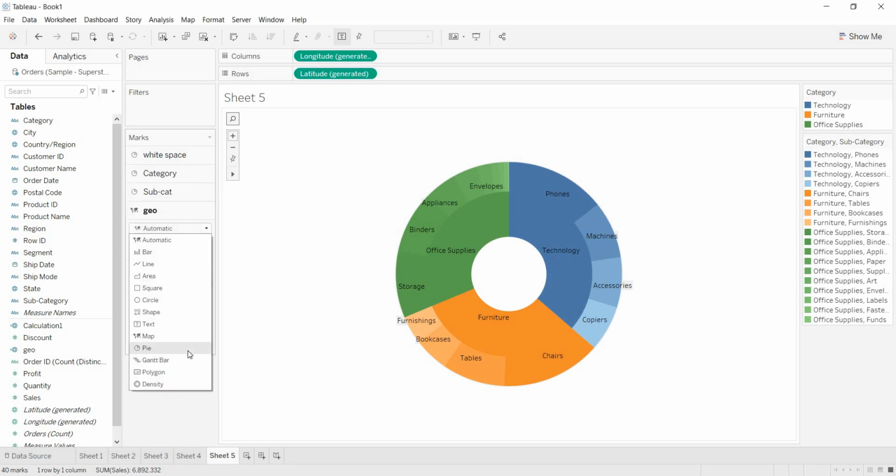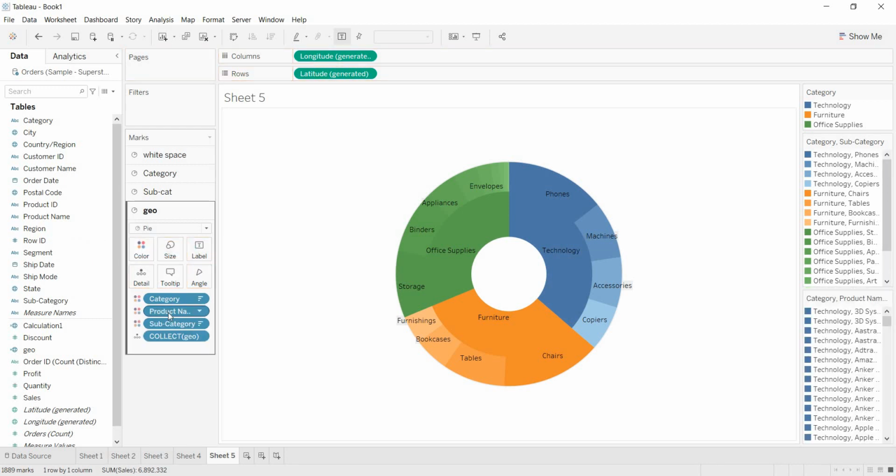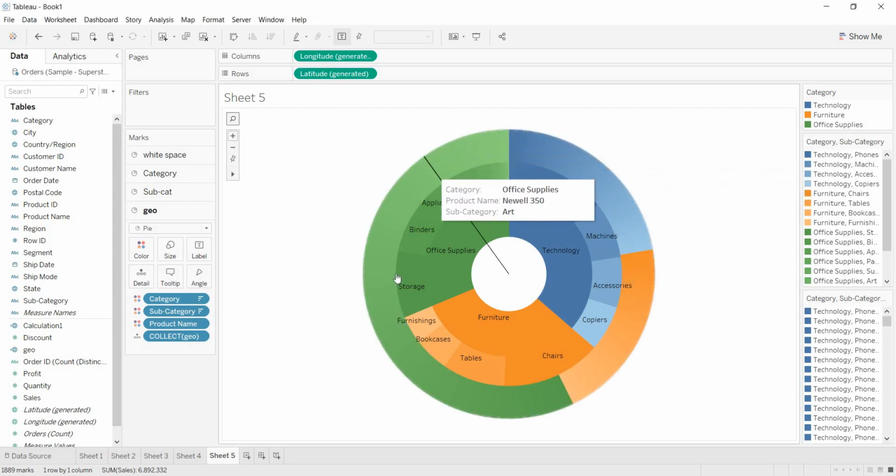Now here let me go to the last one that I have taken just now. Here I am taking it as pie chart. Now what am I doing? I am bringing product name this time. Just hold the control button, select category, subcategory and product name. Now hold shift button also, drag it to the color. Now here what are you getting? Category, subcategory and product. Let me increase the size of this. Now here, see what you are getting. Another level of layer to the donut.